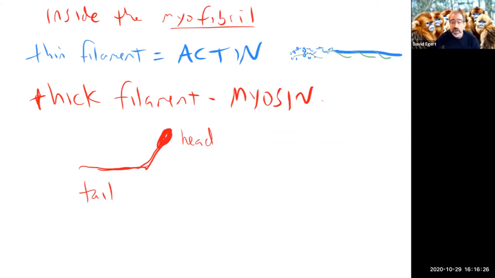And it has two conformations. We've been talking about how other proteins have two conformations, two different shapes they can be in. Myosin has two different shapes it can be in. This is what I would call the cocked conformation. Imagine a piston. In fact, I can do it. I have these old